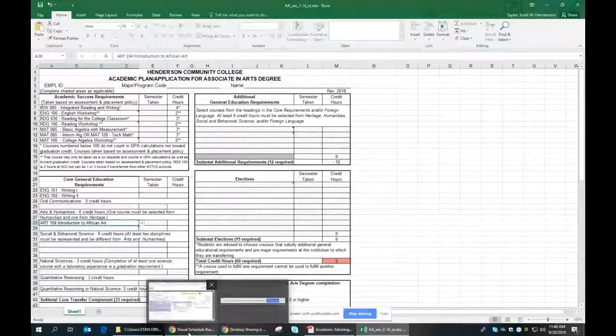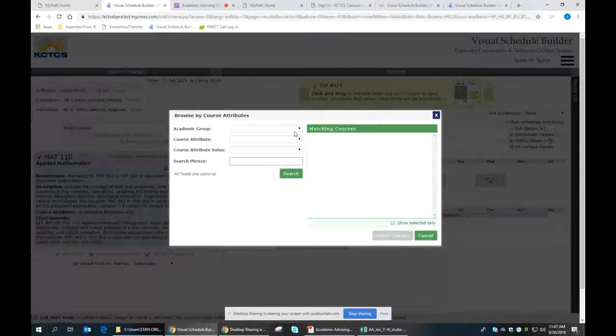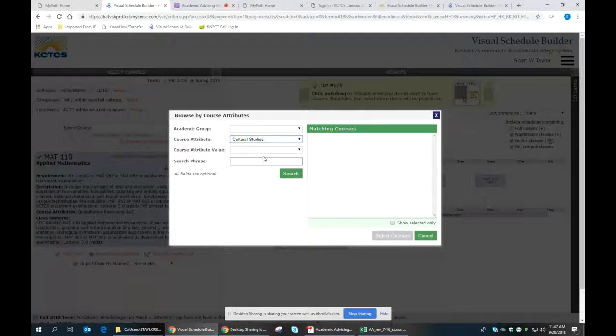But here's something else you can do. When you're looking for a course, there's a little link underneath here, if you're logged in, that pulls up course attributes. And so here are all the different attributes. So if we're looking for a cultural studies course,